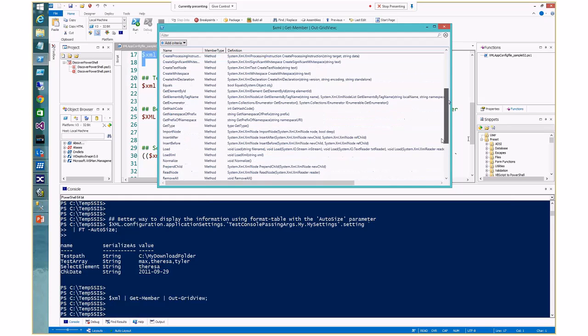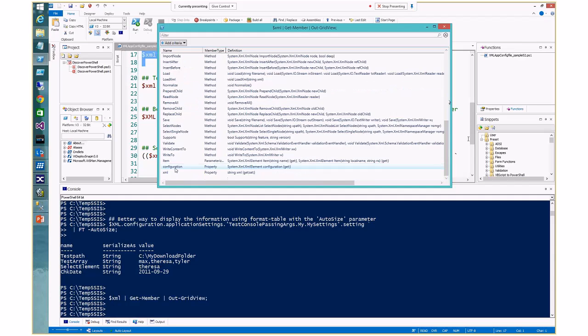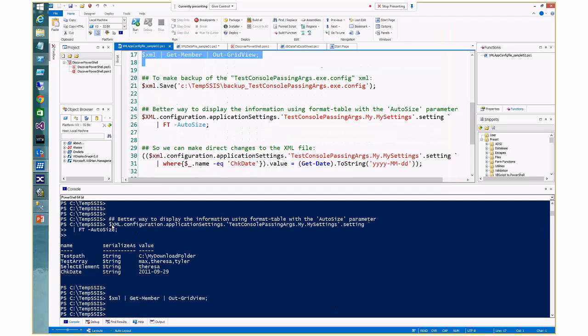xml.configuration.application setting. And the only way you do that is because this first piece of the object stops in configuration. The dot helps you navigate to the next, then go deeper into that piece of the object. Okay, and to do that, let me show you this. Let me highlight this, copy, paste,